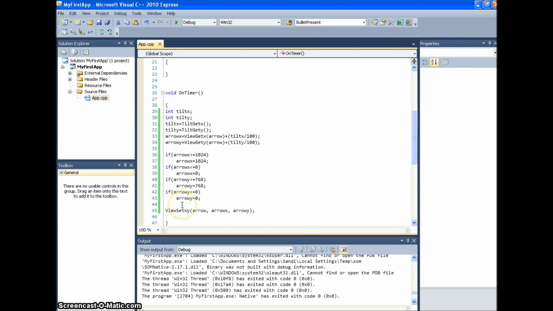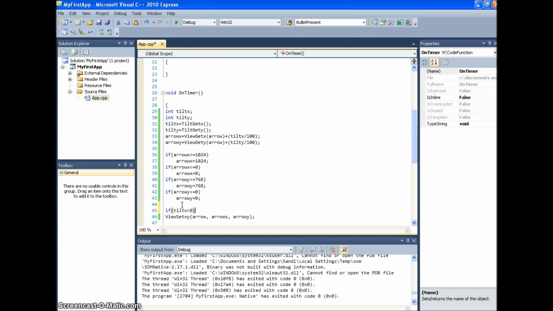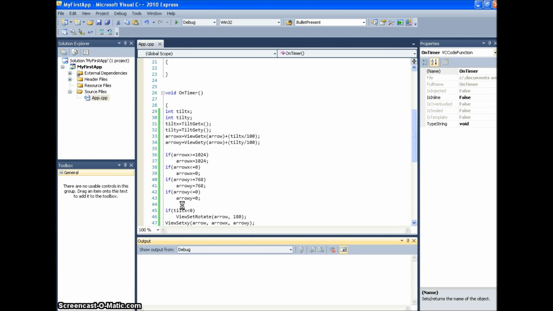So we put the boundaries on there, but we want to say if tilt x is less than 0, that means if your device is sitting flat and then you tilt the left side, you're making that tilt value less than 0, then what we want to do is view set rotate image arrow by 180 degrees. So now when I run the program,